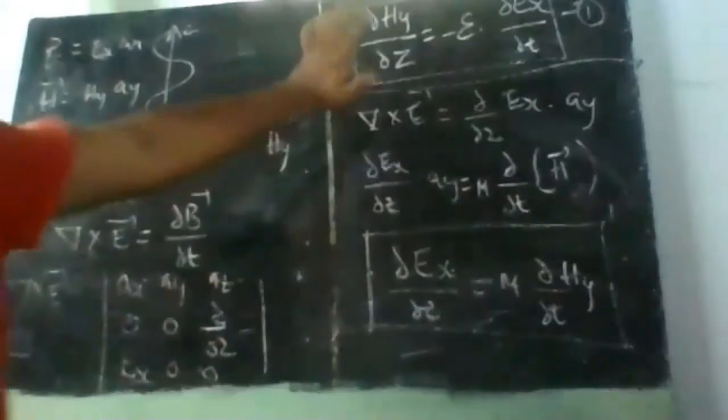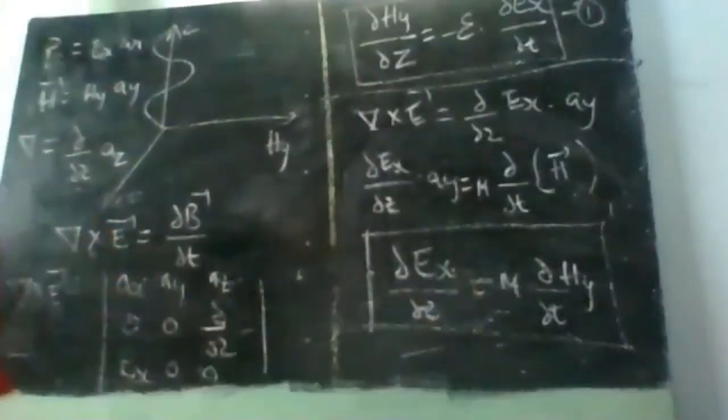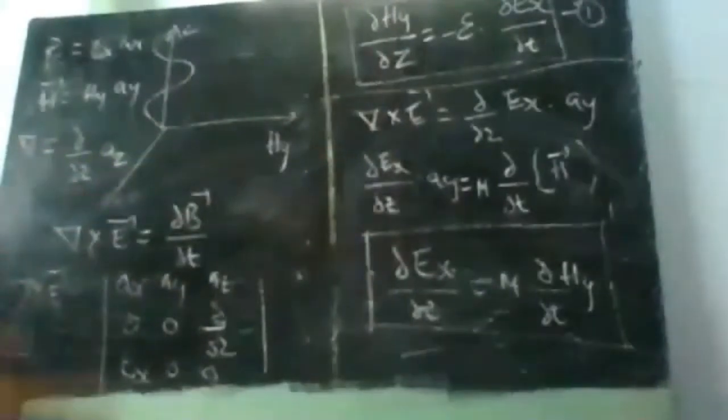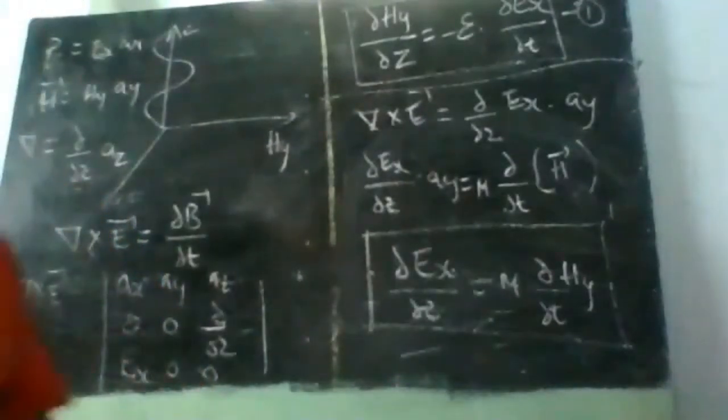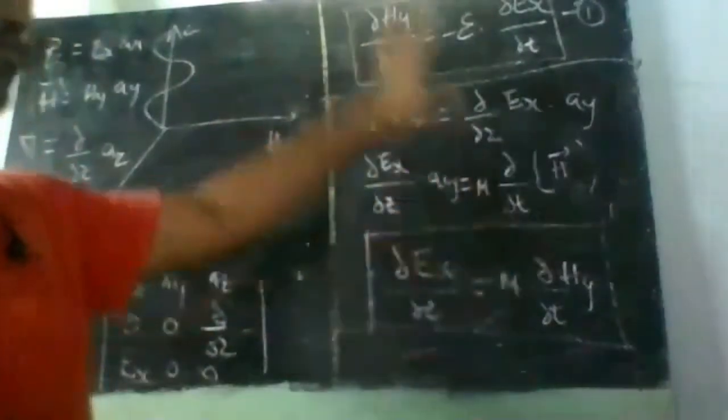Relation between electric and magnetic field. It can be defined like this, or it can be defined like this. So the relation between E bar and H bar is this. It is solved up till this point. We can solve up to this point and we can stop it. If we are asked to find out the relation between E bar and H bar, then these are the equations.